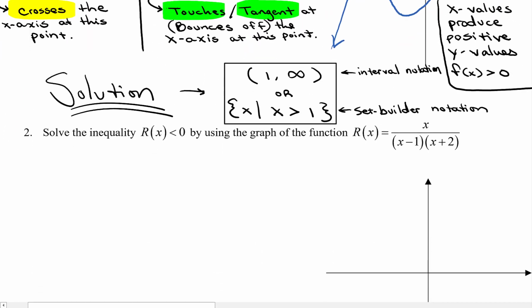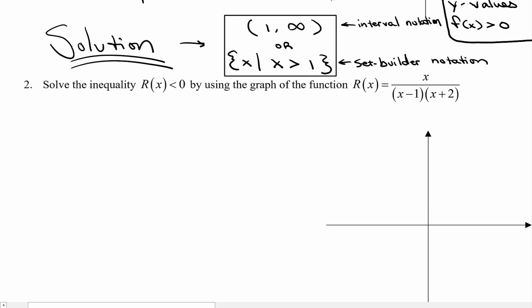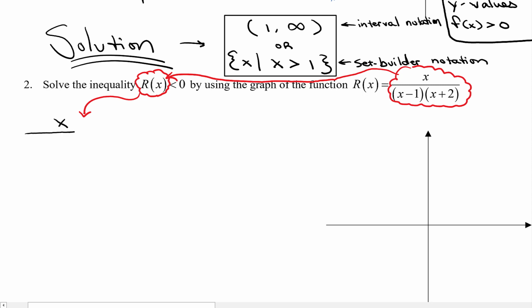Let's keep it going. Number 2, solve the inequality r of x is less than 0 by using the graph of the function r of x is equal to x all over x minus 1 times x plus 2. First step is we're still going to do what we did before. We're going to replace our r of x with that entire function. I like to write that function part first, because I like to read things from left to right. It makes more sense to me. So I'm going to write x over x minus 1 times x minus 2 is less than,